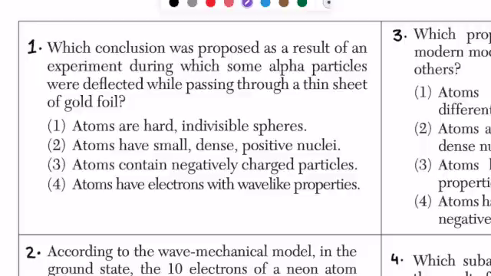So this was Rutherford's experiment, and if we remember, Rutherford bombarded alpha particles on a thin sheet of gold foil. Some of them went straight, some of them deflected in different directions, and some of them bounced back. So Rutherford said that the reason why some of them were going in different directions or bouncing back is because there was something positively charged in the middle of the atom that was repelling those particles,